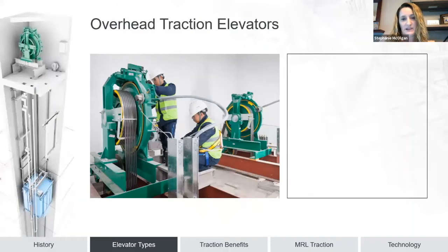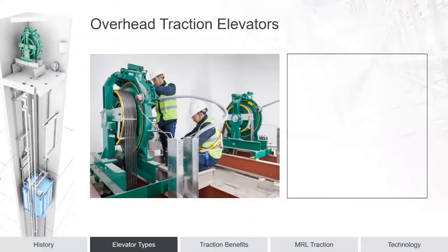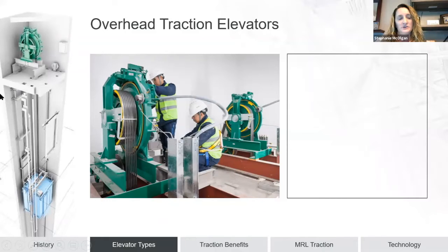So the other type of elevator, the more expensive type at the time, was a traction elevator. This type of technology essentially uses electricity to get your elevator into motion, and a pulley system. So basically you have a cab and a counterweight, and it's a pulley system between the two. The machine, which would always be in an elevator penthouse, would have to be craned into the building after the roof was on,